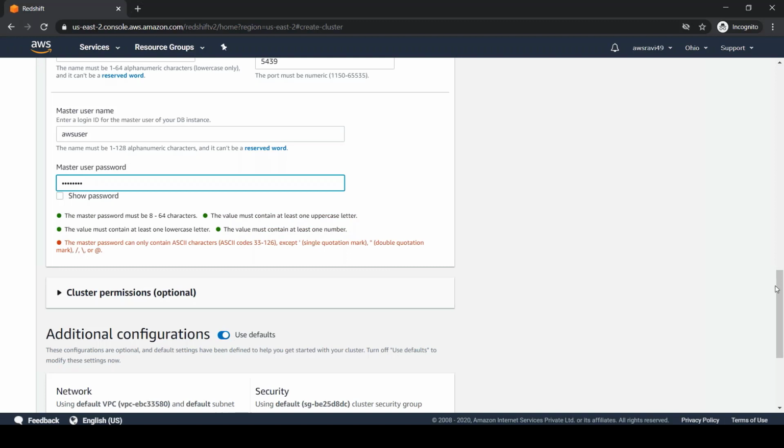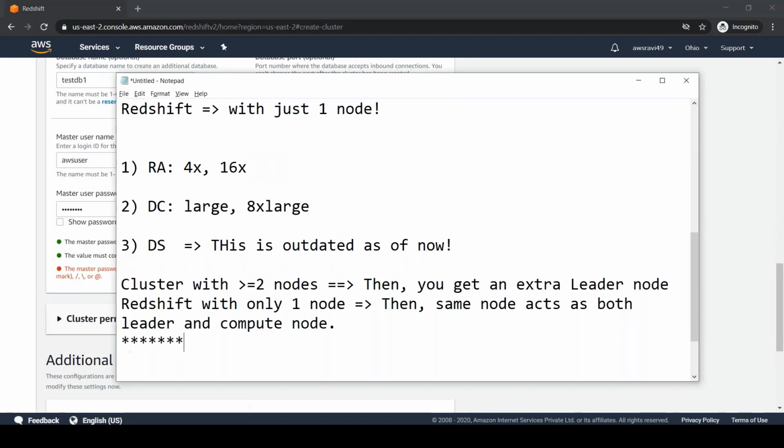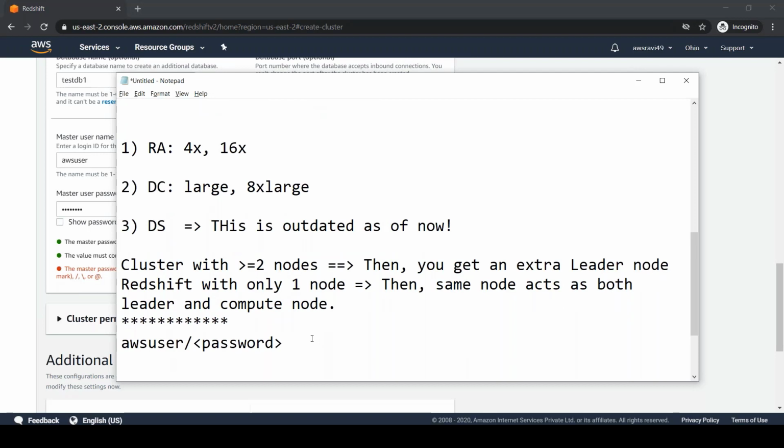So let's make a note of these details somewhere. AWS user, password, database name is testdb1.